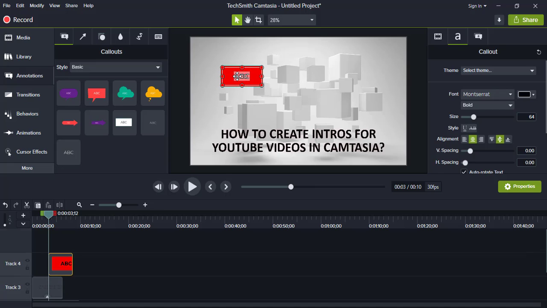Okay, just type anything here. Suppose I'm typing here welcome. From here you can increase or decrease the size of your text, and also you can rotate it as I have already told you. So you can add multiple texts in your intro as you need.